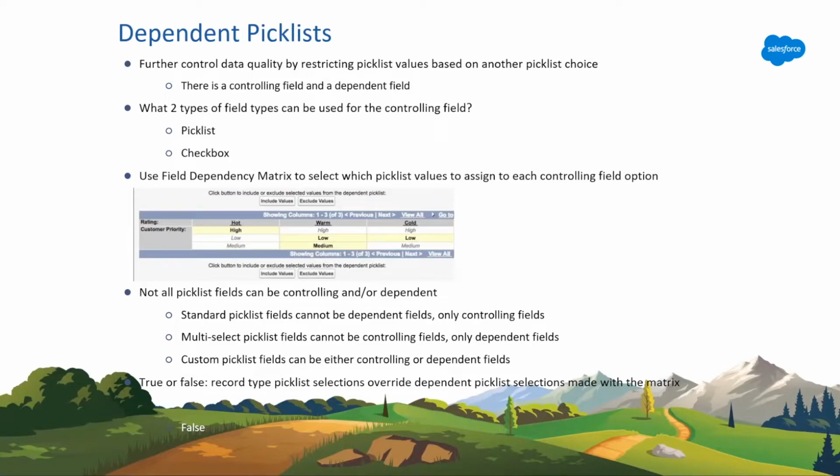Yeah, I'm just asking, if your matrix makes it so that you only see one option, and that one option is not visible because of what's specified in the record type, I'm guessing that pick list doesn't show you any options at all at that point. And you're talking from what the user would see if they were on an actual record page. Yeah.